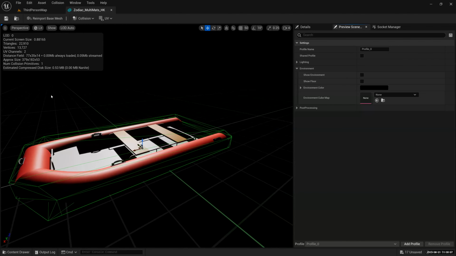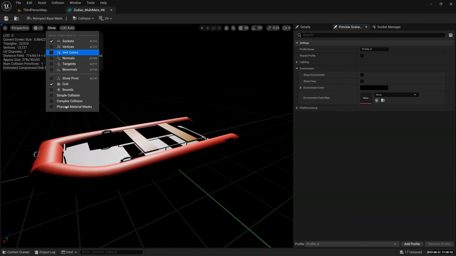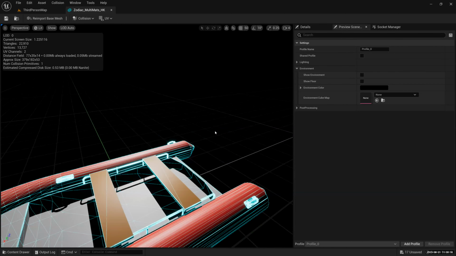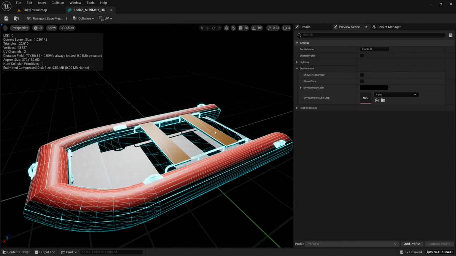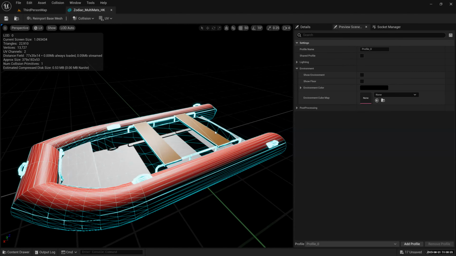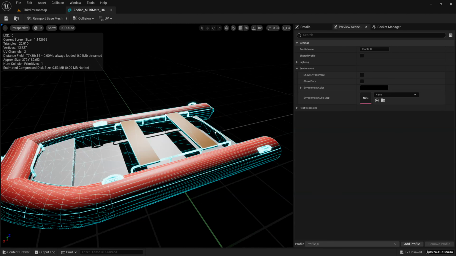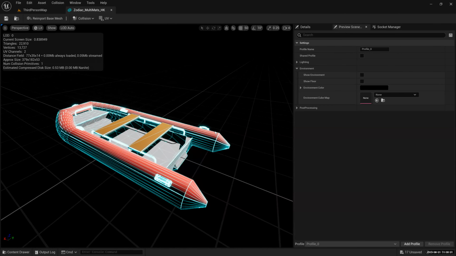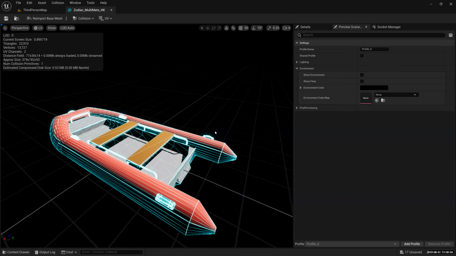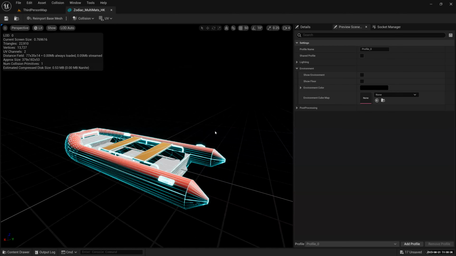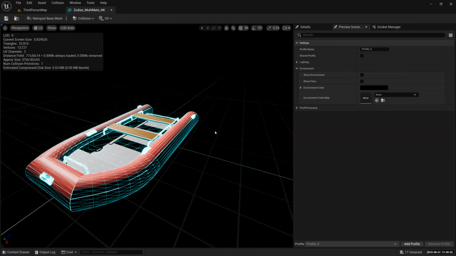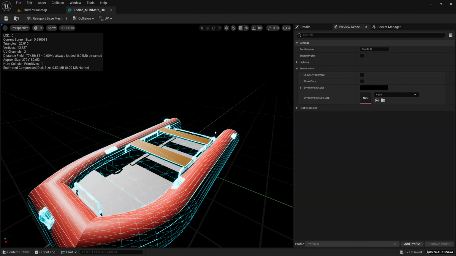If I go to show, switch that off, and then go to show and say show me the complex collision, this one makes more sense, but it's a different color. The different color means this is not applied, but it tells us how a complex collision should look if you want to put a character inside. But remember, it is a game engine. The more polygons you put on anything, the slower it gets, and the more issues you have with draw calls. Draw call means the CPU sending a message to the GPU, which is trying to display. So the higher the number, the slower it gets.